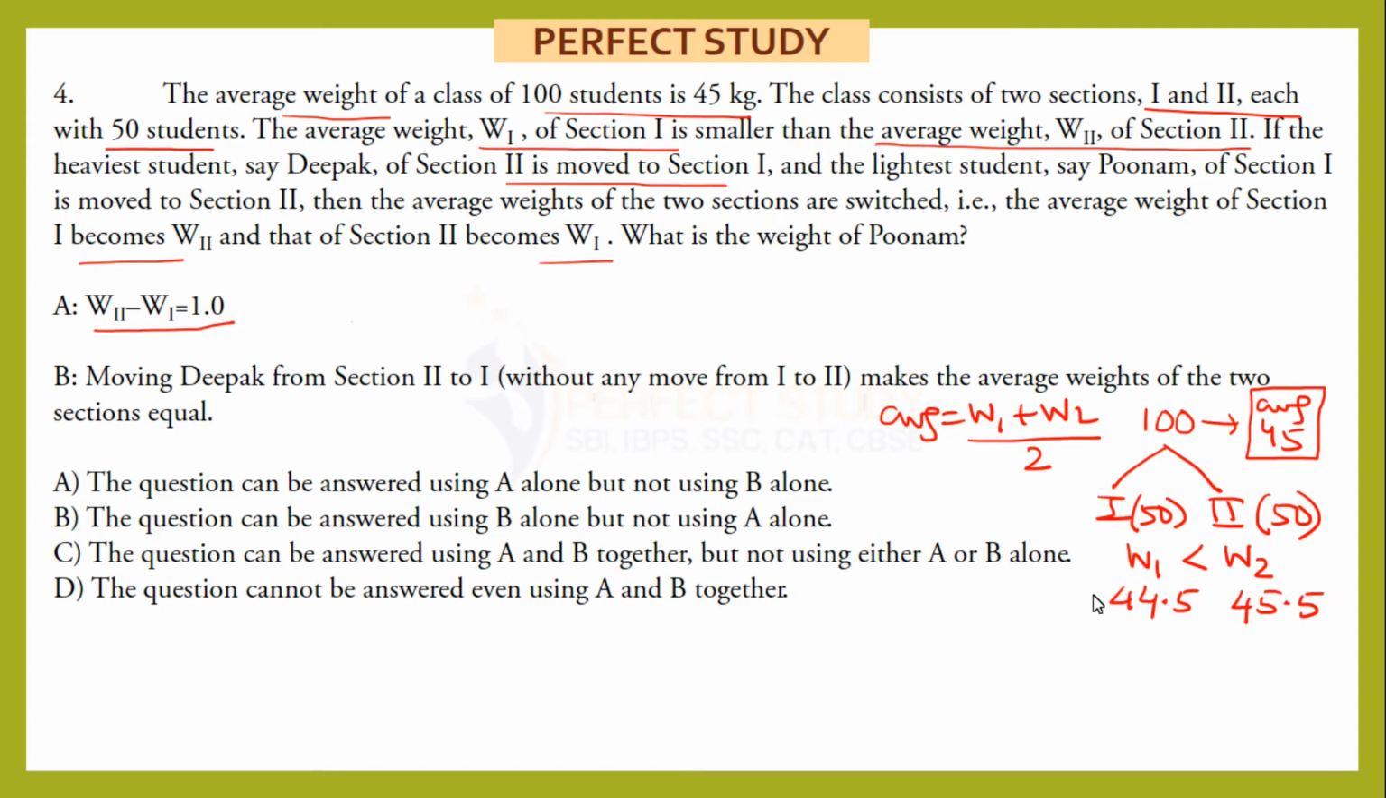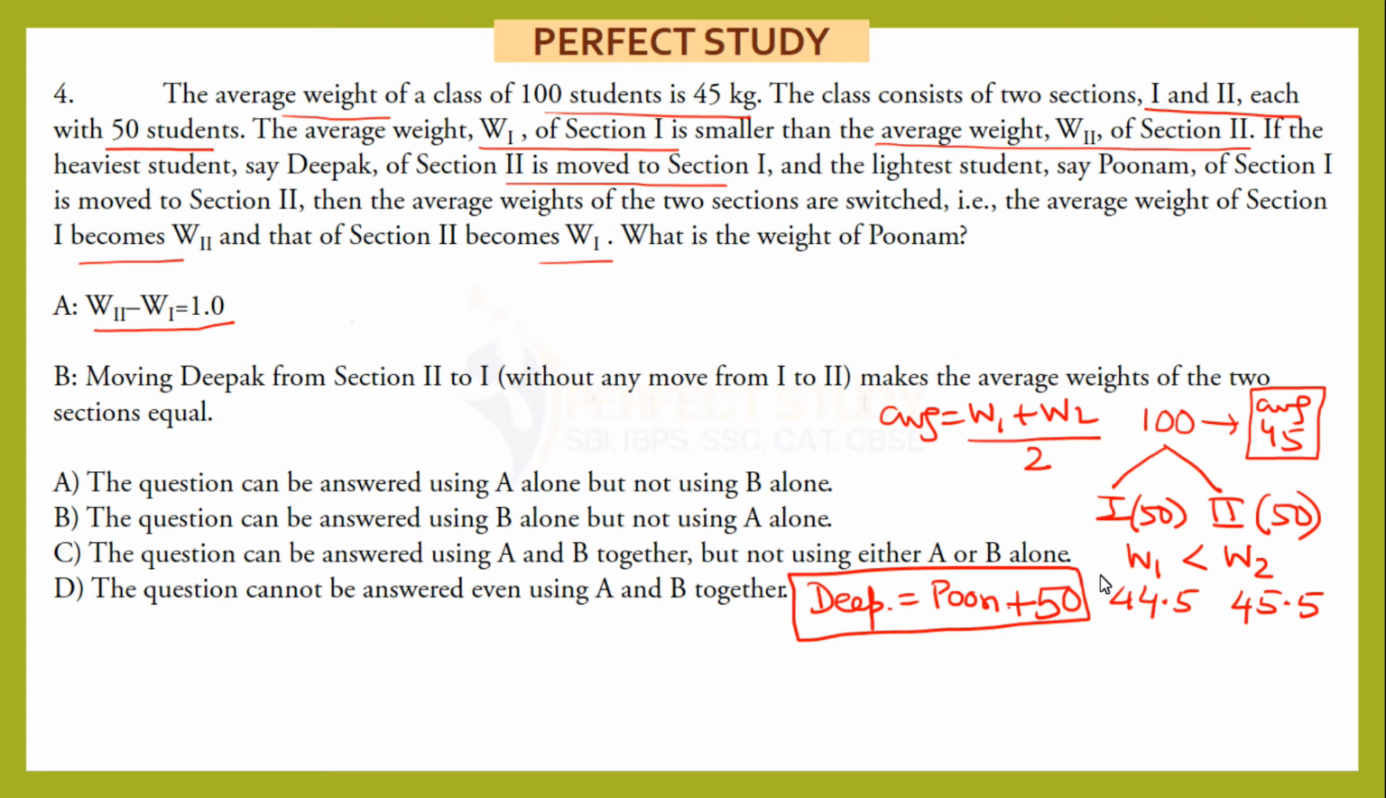If Deepak shifts here and Poonam shifts here, this will become 45.5. That means the average weight of this group will increase by 1. If the average increases by 1, what is the total increase? Total increase is 50 into 1, 50, which means Deepak will be equal to Poonam's weight plus how much? Plus 50. Why? Because